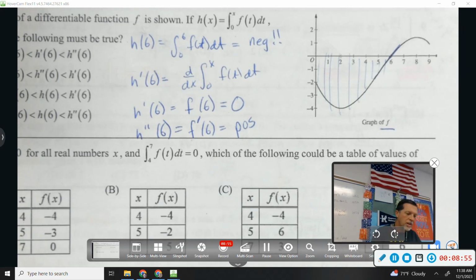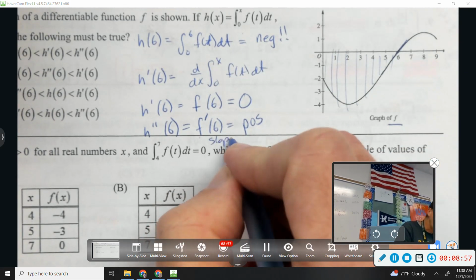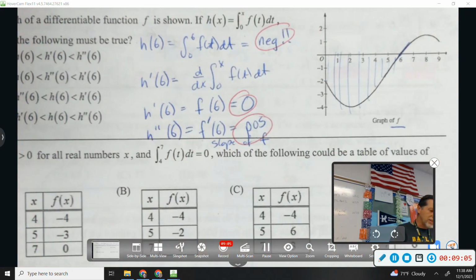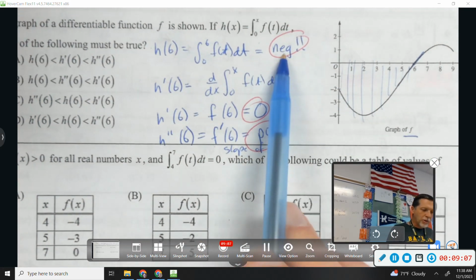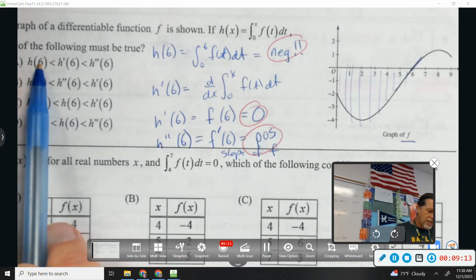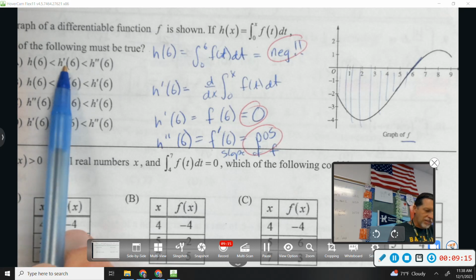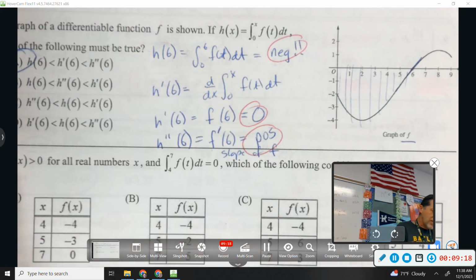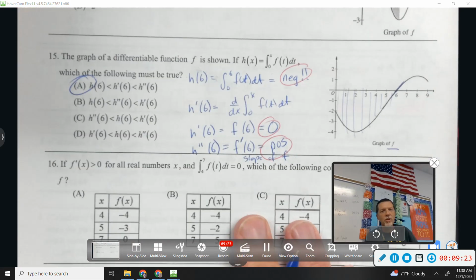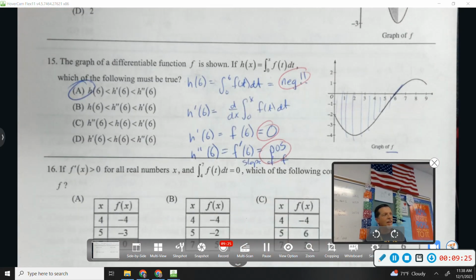Because the slope, this would have been a better way to say it, the slope of f is positive. Okay, so now I can put these in order because all I'm worried about is negative, 0, and positive. And they even put them in order for me. Negative, 0, positive. So negative is less than the derivative is less than the second derivative. Part A. Again, that is definitely an old AP test question because it tests 14 things in one question. All right, we'll stop there. I'll post more videos